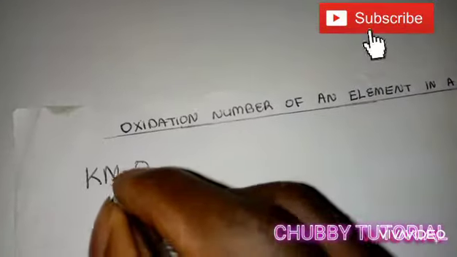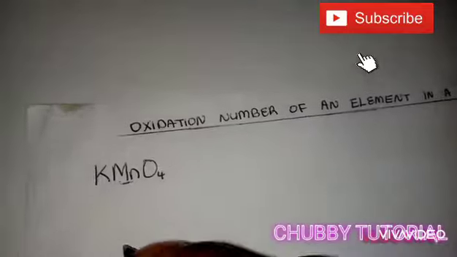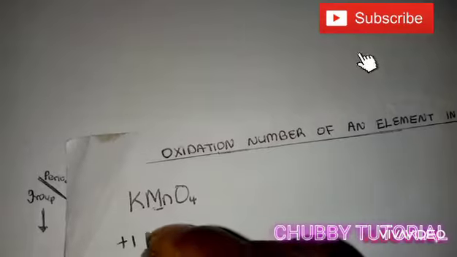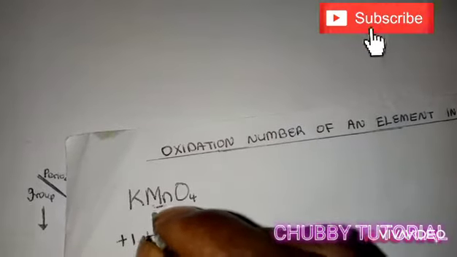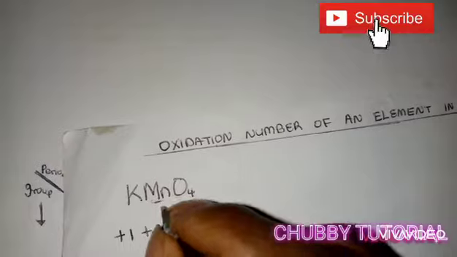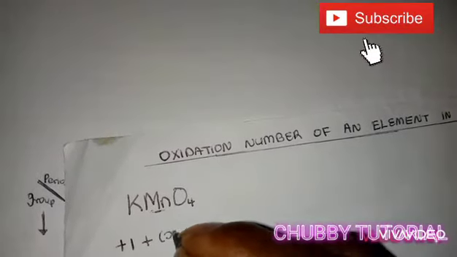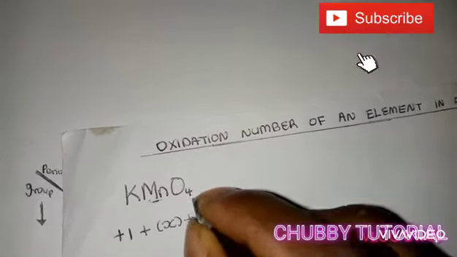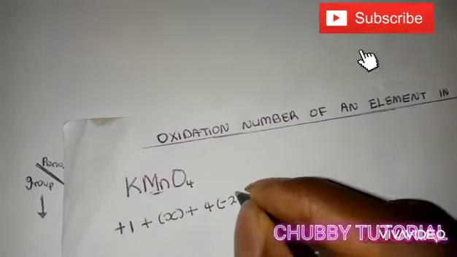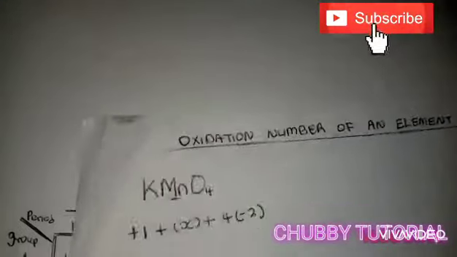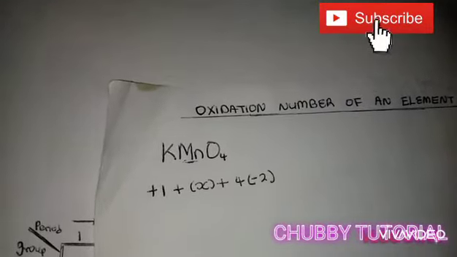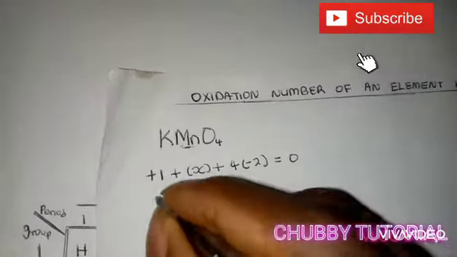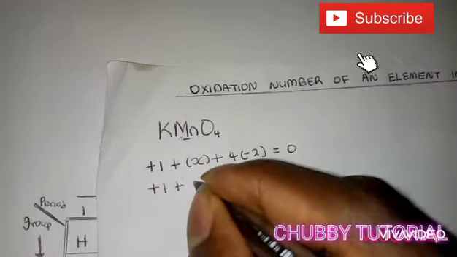Here we are to look for the oxidation number of manganese. From our periodic table we have seen it already: potassium is +1, then manganese, let's call it X, then plus oxygen. We have 4 atoms of oxygen here, each -2. Oxygen is always -2 in all compounds except peroxides. So oxygen is -2, so +1 plus X